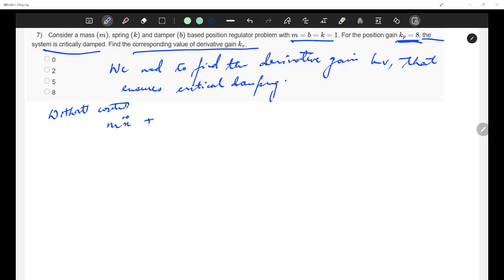Mx double dot plus Bx dot plus Kx is equal to 0, right? This is the differential equation for a mass spring damper system without any kind of control being applied. Now let's go with PD control. What happens? It remains the same,